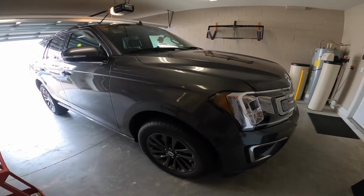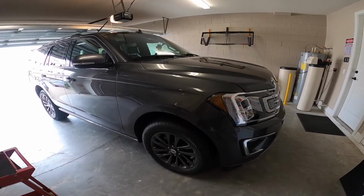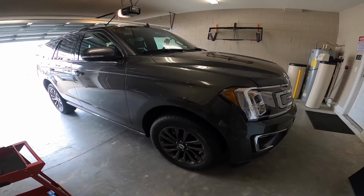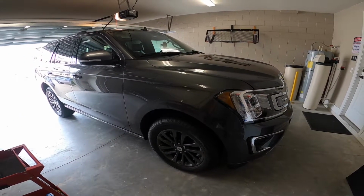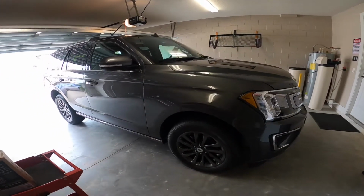Hi everyone, this is Daniel with DCF Garage, and this is me and Gorgeous Wife's new 2020 Expedition Limited. Yes, we traded in our 2015 F-150 for this Limited, and today what I'm going to do is the first